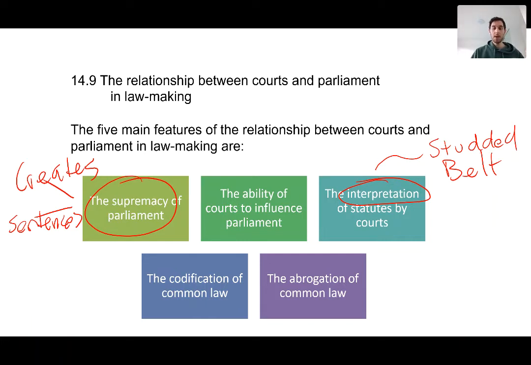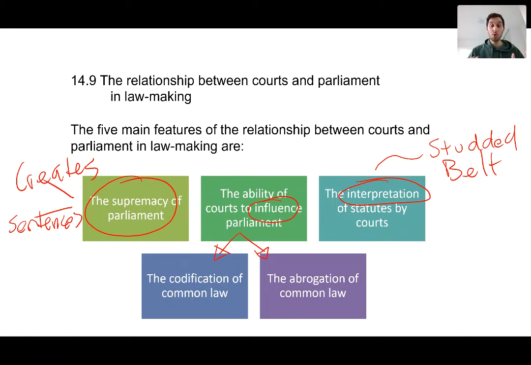Another aspect of their relationship is that once courts make a decision, that can influence Parliament. Whenever courts make a decision, set a precedent, Parliament will look at that and they'll have to decide essentially whether or not Parliament agrees with it or disagrees with it. So anytime the courts make a decision, Parliament is influenced one way or the other. Perhaps Parliament might agree and say, all right, we like that law. Or they might decide to get rid of that law. They might change it. And this leads us to our final 2 relationships.